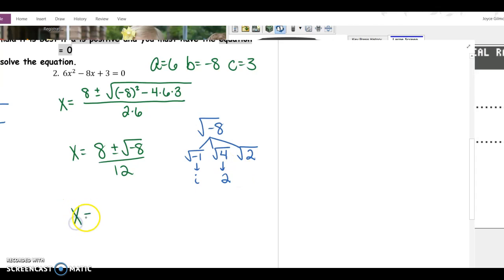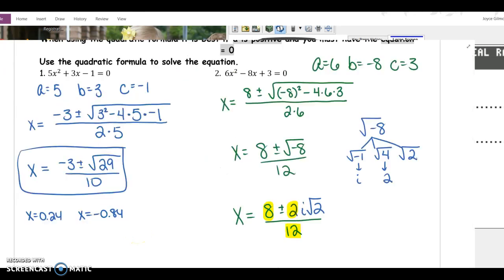So we have x equals 8 plus or minus 2i square root of 2 all over 12. This division bar means that this is 8 divided by 12 plus or minus 2i square root of 2 divided